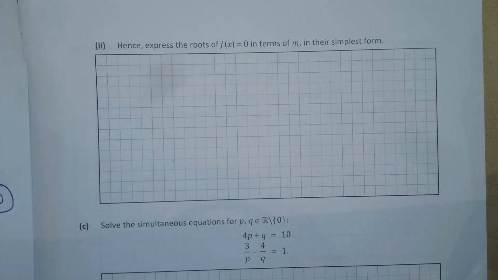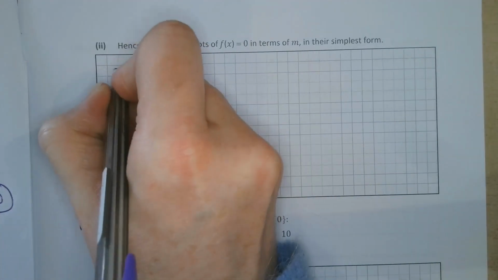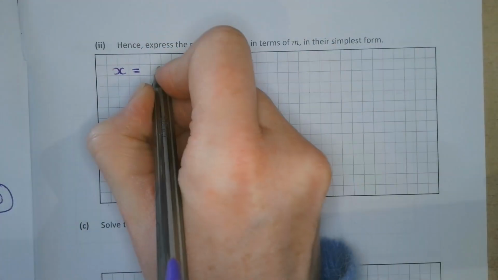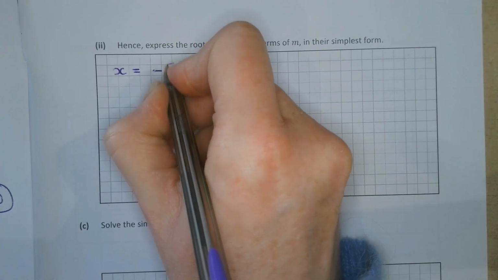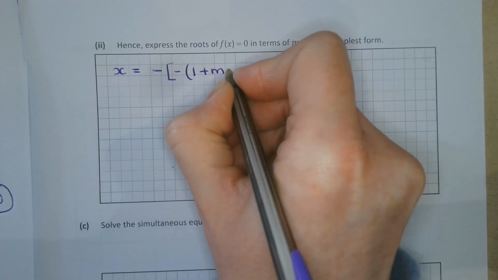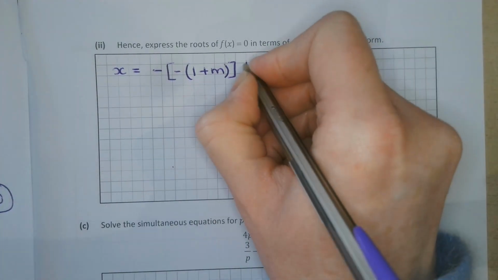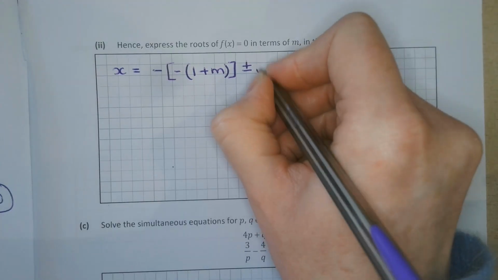Question 3b, part 2. So they're asking us to hence express the roots of f of x equals 0 in terms of m in their simplest form. So the best way for us to find the roots, I suppose, would be to fill into our minus b formula. So that will give me x is equal to minus our b. So our b, remember, was minus bracket 1 plus m. I suppose you could multiply in that minus if you wanted to straight away, plus or minus the square root